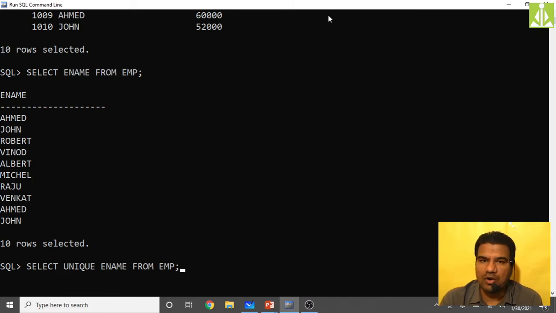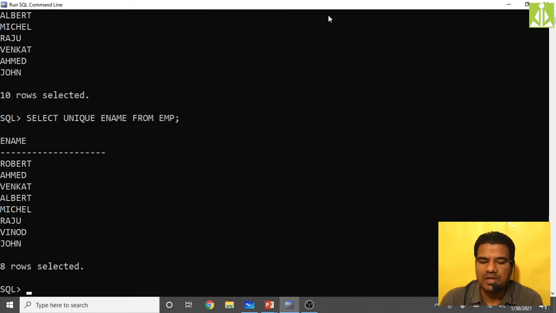Now it will remove those duplications. Ahmad got repeated twice, and John is also repeated twice, so it will remove those and show only one entry. Instead of a double entry, it will show only one entry. Not only dual, if you have n number of repetitions, it will select only one from those n repetitions.